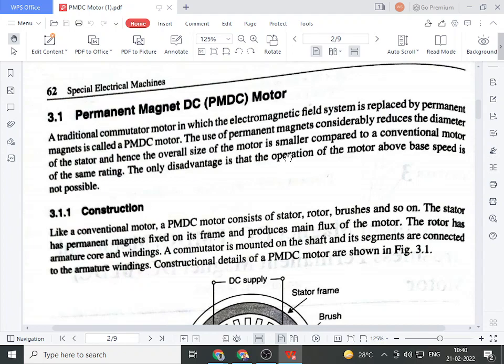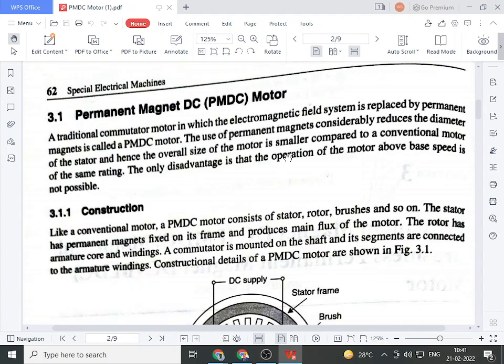When we use permanent magnets, there will definitely be generation of a magnetic field between the two permanent magnets. The only important thing is we require opposite polarity permanent magnets. That means if the motor is a two pole motor, if one magnet has a north magnetic pole, then the other should have a south magnetic pole. If there are north and south poles, there will be a magnetic field between the two permanent magnets. If we use two permanent magnet poles with similar polarity, then there is no magnetic field because there is a force of repulsion.